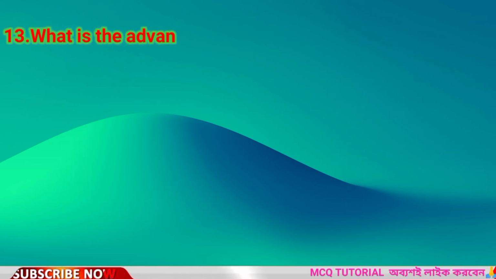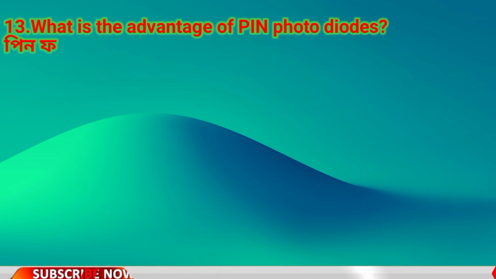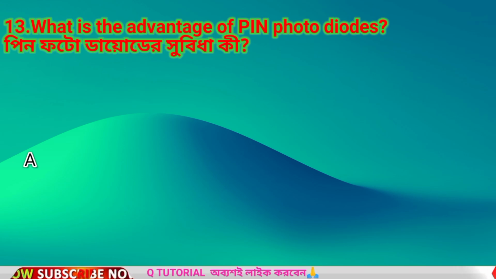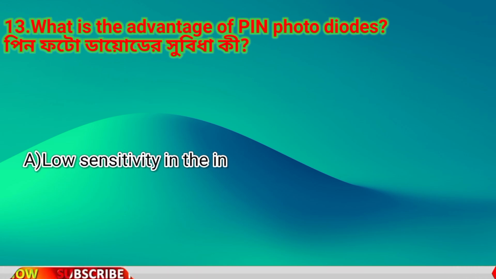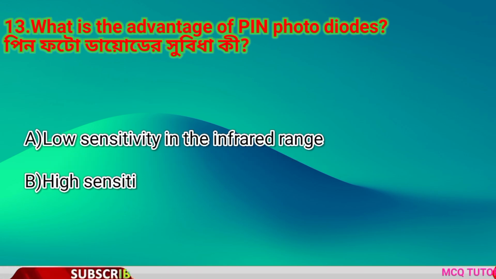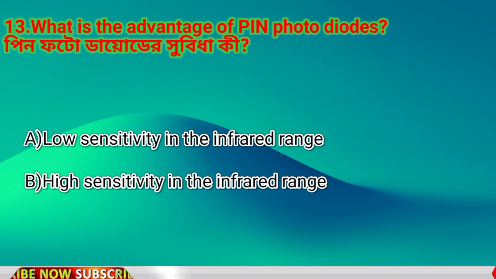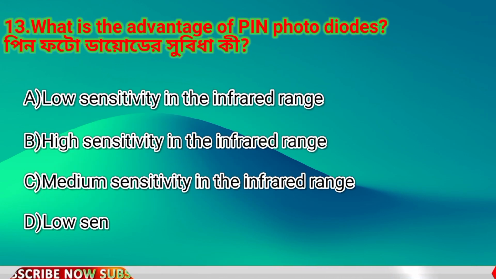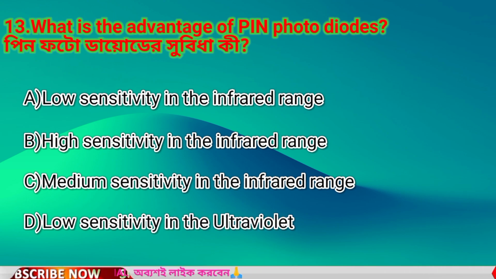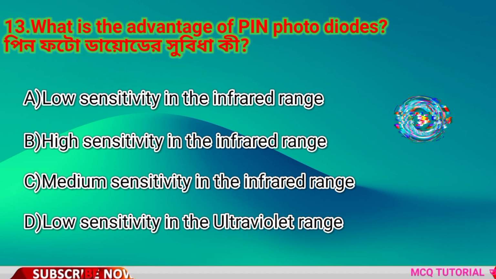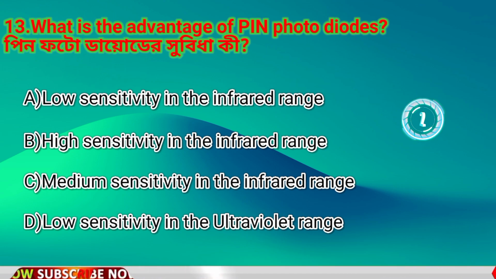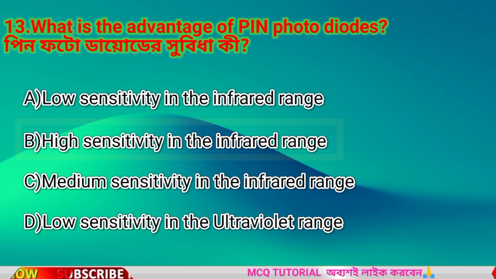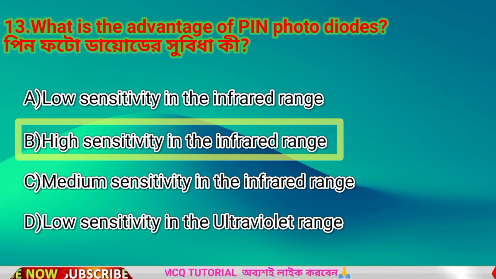What is the advantage of pin photodiodes? Option A low sensitivity in the infrared range. Option B high sensitivity in the infrared range. Option C medium sensitivity in the infrared range. Option D low sensitivity in the ultraviolet range. উত্তর হবে অপশন বি হাই সেন্সিটিভিটি ইন দ্য ইনফ্রারেড রেঞ্জ।